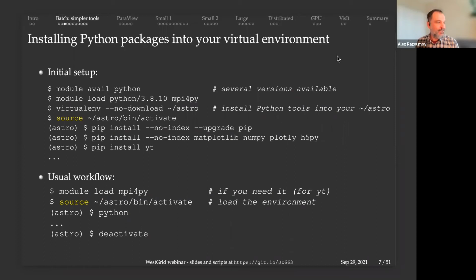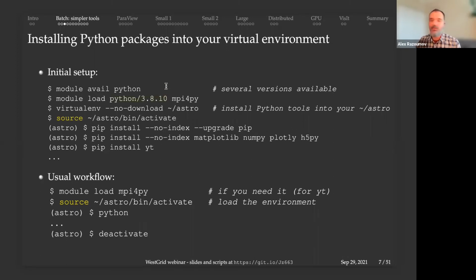And this lets you isolate the specific version, install specific versions of software that you want, and all of these versions will be sitting in a single location in one of the directories in a home directory, and everything will work very nicely. So the way you do this is typically you load the version of Python on the cluster,